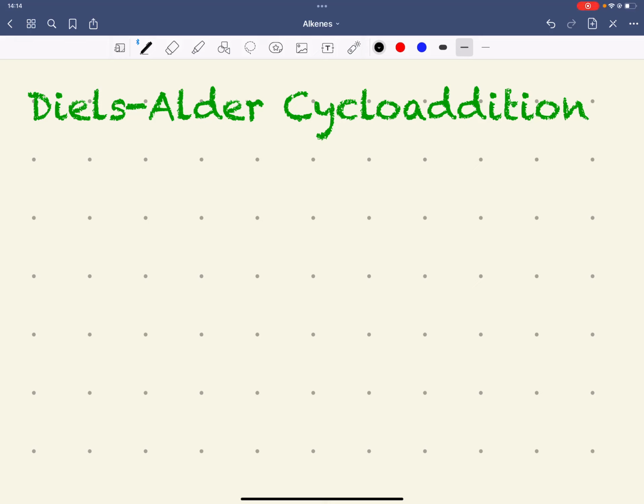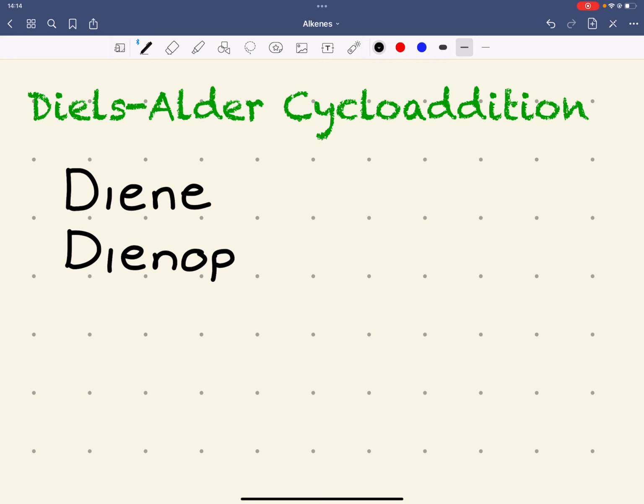Here we're going to look at a reaction called a Diels-Alder Cycloaddition. As the name suggests, a cycloaddition is the formation of one product, and that one product is cyclic. And a Diels-Alder Cycloaddition involves a reaction between something called a diene and something called a dienophile, something that likes